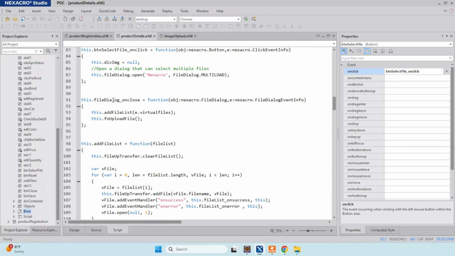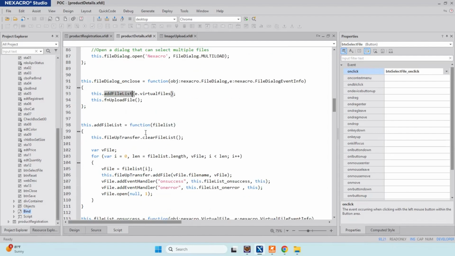In this close event, we have a file dialog event info from which we can get all the files that were selected. So we add those files to the file up transfer.